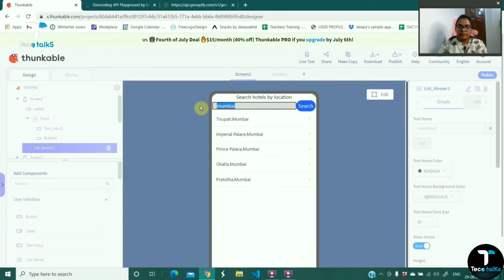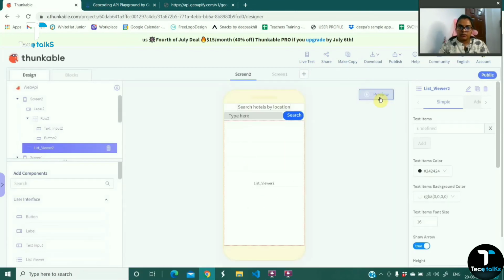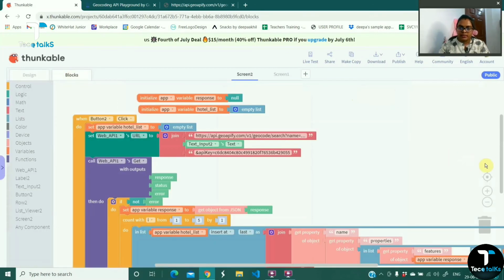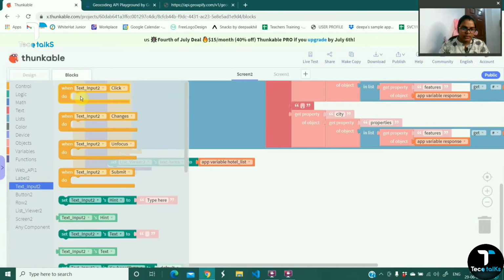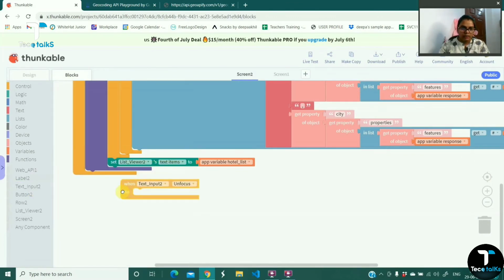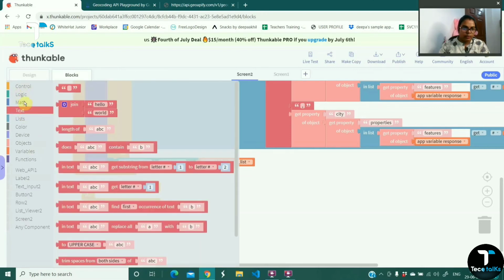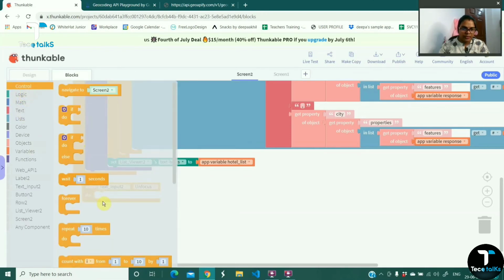Let's say for example, if you don't want to search for anything and you want to reset our list viewer, for that what we can do is go to blocks and get this text input, and over here we have a command when the text input is unfocused. I'm going to use an if condition.